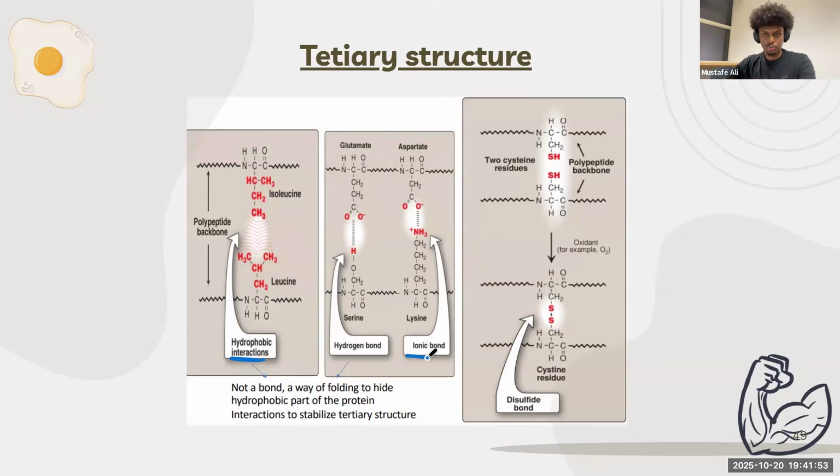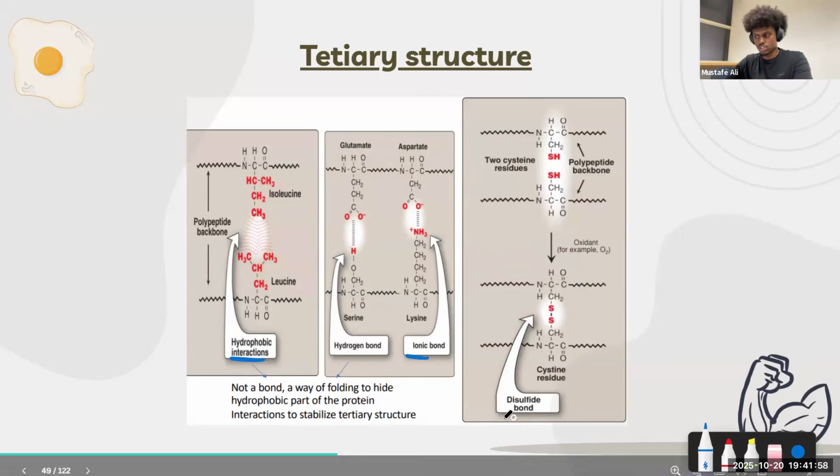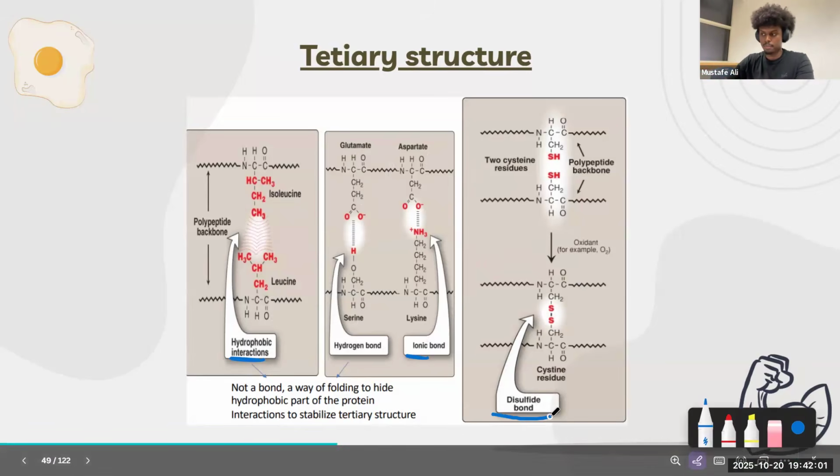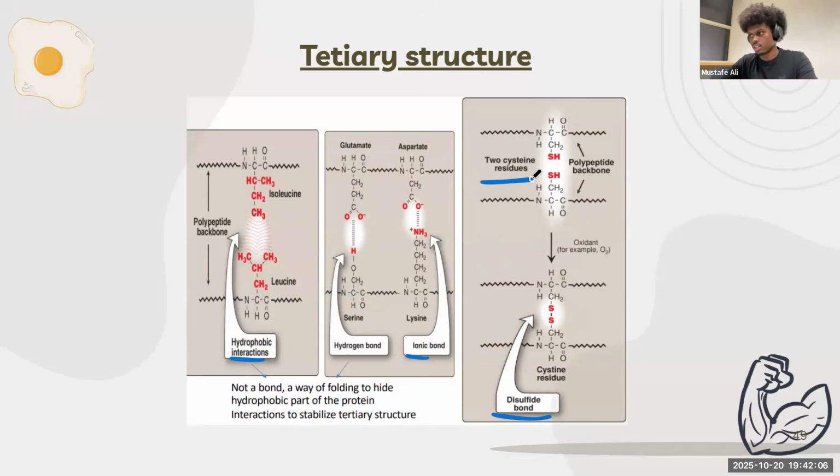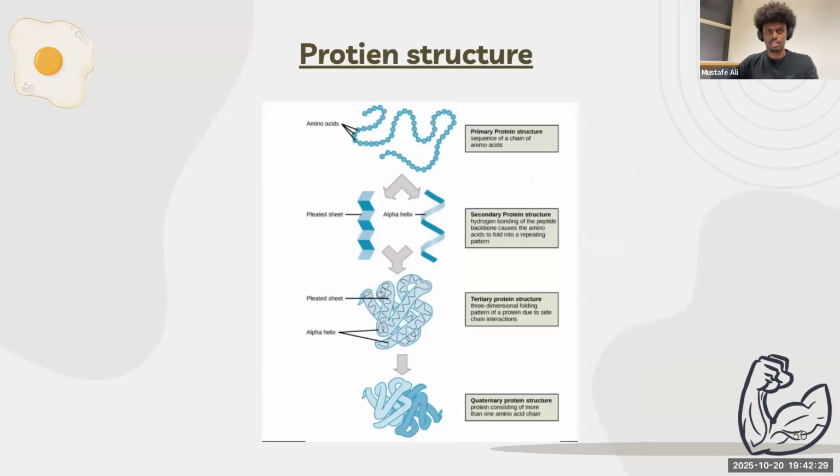There are ionic bonds that form, which are bonds between negatively charged and positively charged ions. And we also have disulfide bonds, which are really, really strong. They mainly form between cysteine residues, so that could be a little cheeky question they could ask. But all you guys need to know is that in the tertiary structure, there are these four interactions that happen. And between which groups do they happen? In between the R groups, okay? And this is what gives them that folded and that functional structure. And I hope that made sense.